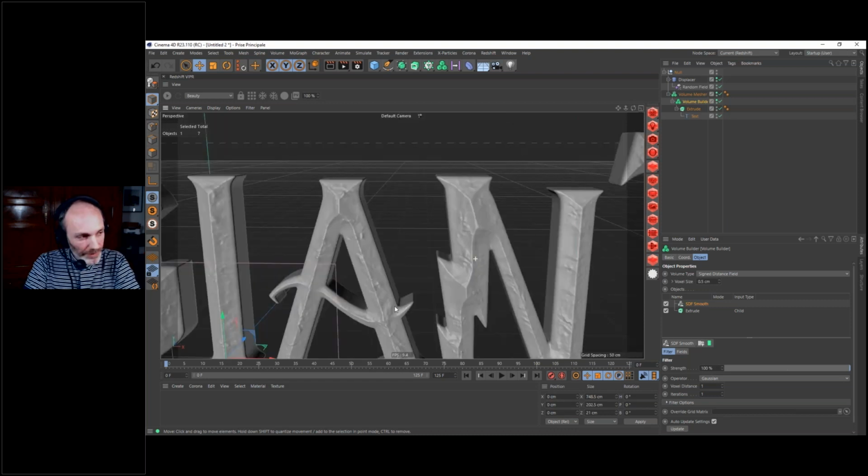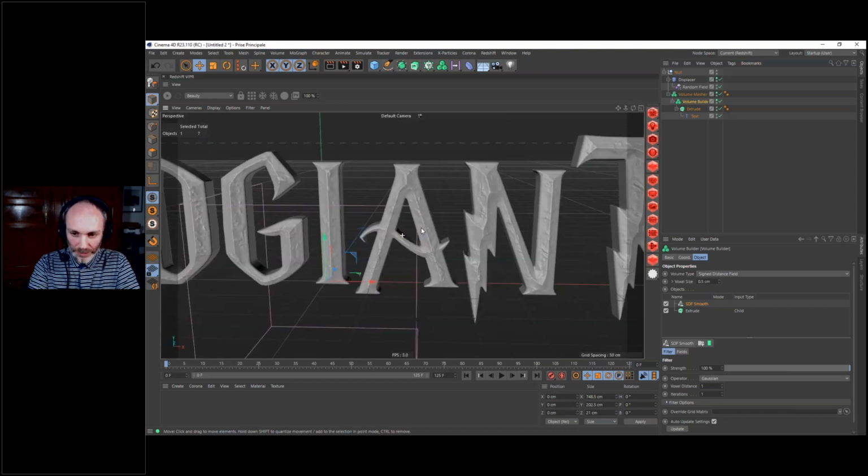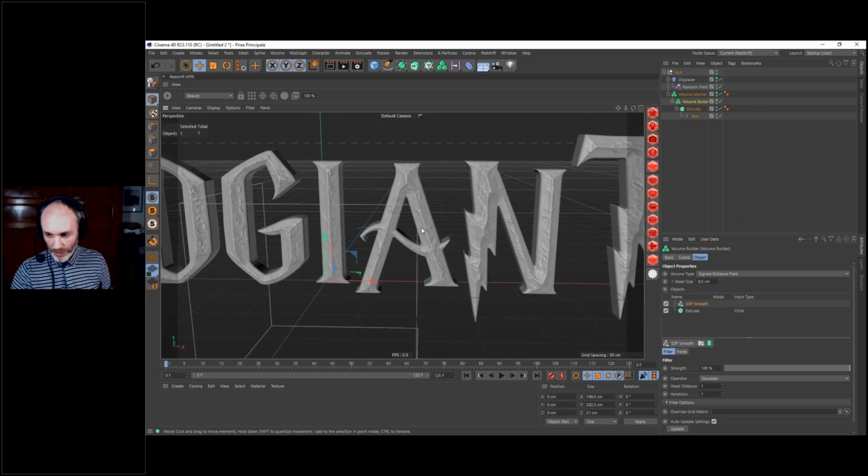So it made a big difference, but we have many more polygons, and it's not always a good idea to go this far. If I tried something even lower than that, I could have very big problems, because if you lower the voxel size, if you divide by 2 the voxel size, it's a cubic expansion.